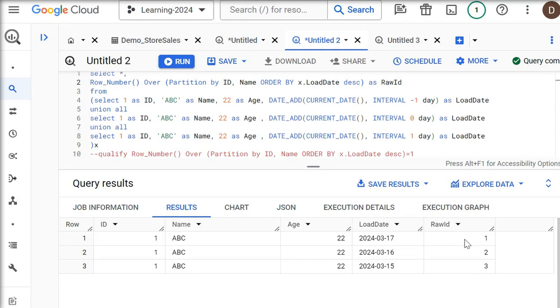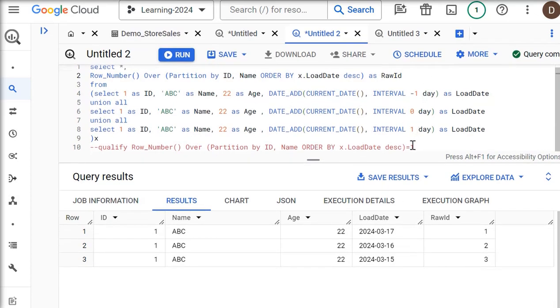In the first row you can see we arranged our data in descending order on the date column. If we filter this data where row ID equals 1, then we are able to get the most updated, latest record